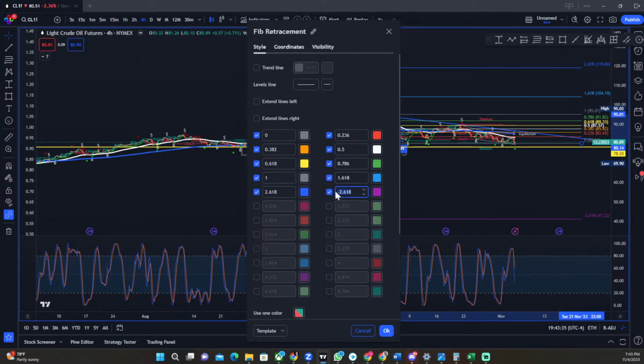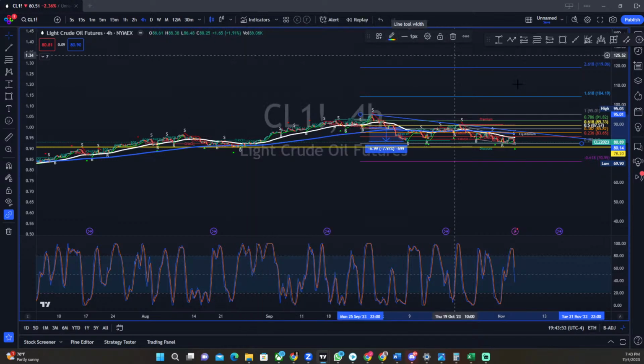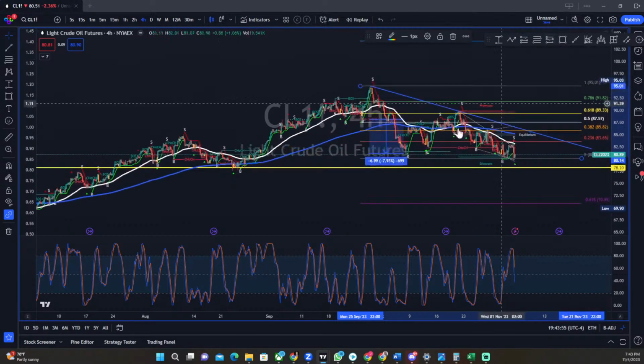Let me do negative 1.618. It'll be right there. And if we do just the plain old 618, come on, 0 point. You're talking about here. So I'm thinking $71 at the very least is one of our targets, because it can't hold this.